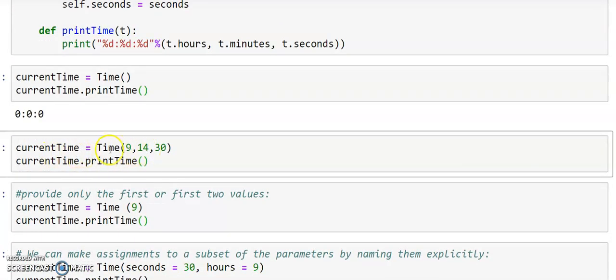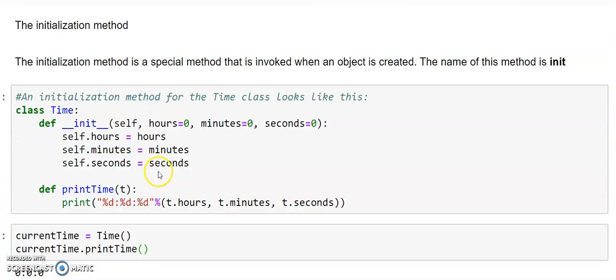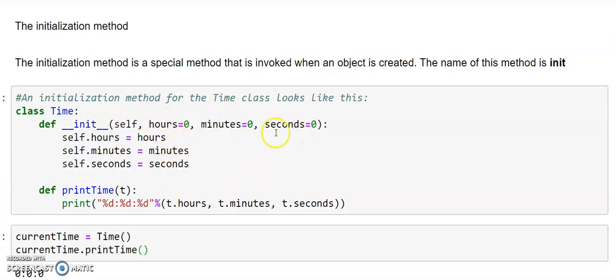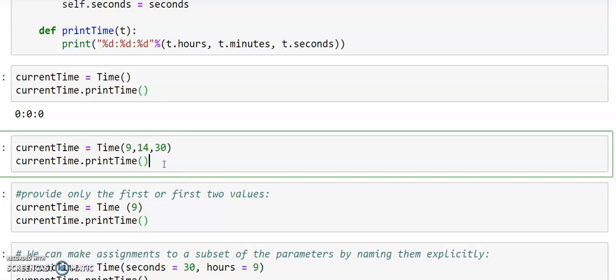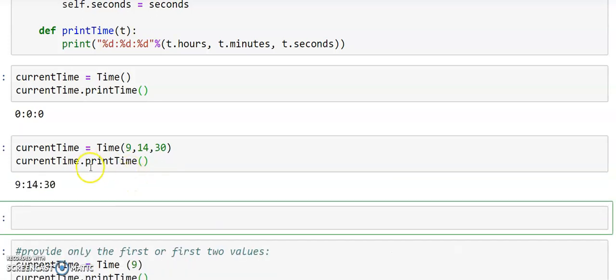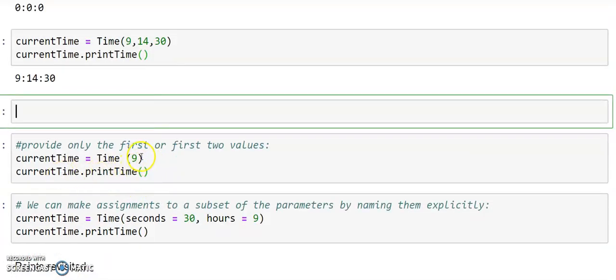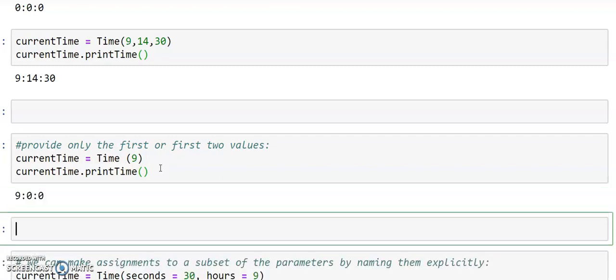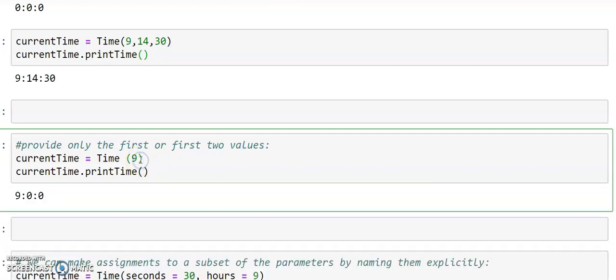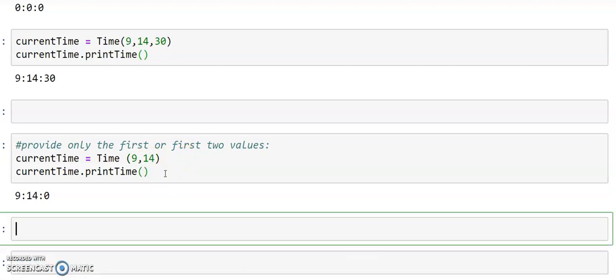Now for the second, we pass all 3 values: hours, minutes and seconds. These 3 values will be passed for hours, minutes and seconds. When we get the values, it won't assign the default values. Whenever we are not providing any values, then it assigns the default values. In this example, all 3 parameters are there, and this is the output we get. What if you want only one value? Yes, we can do that. We can assign only the hour and execute. Or if you want both hours and minutes, yes, you can do that. This is how we can pass just hours and minutes.